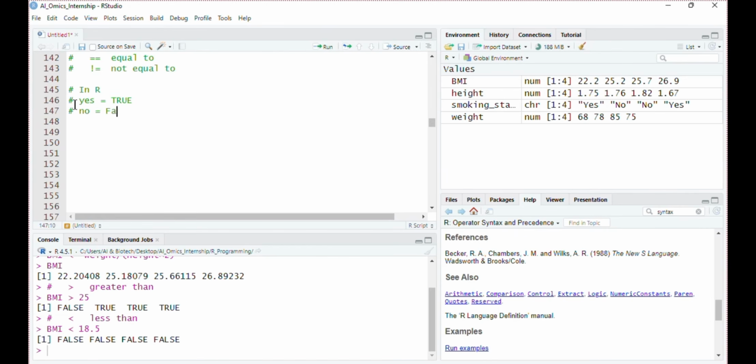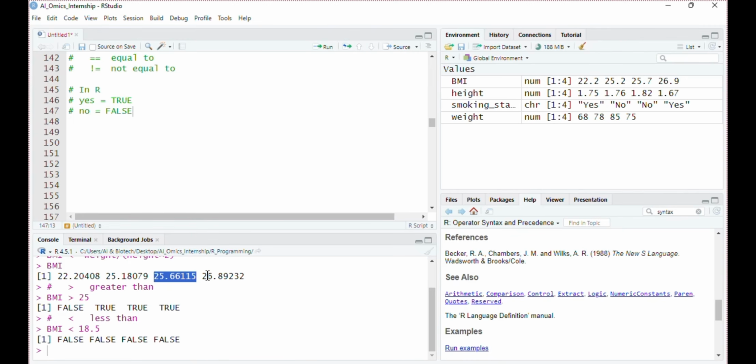So in this case, the first BMI is 22.2, that is less than 25, so the condition is false. The next one is 25.1, that is greater than 25, so the condition is true. For the third and fourth, the BMI is greater than 25, so the logical condition is true.